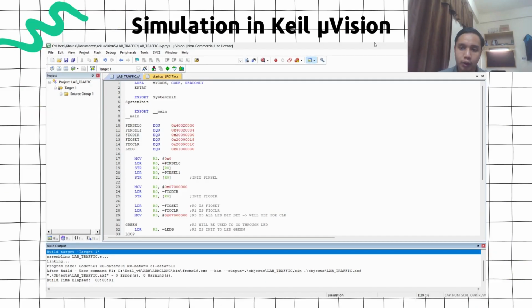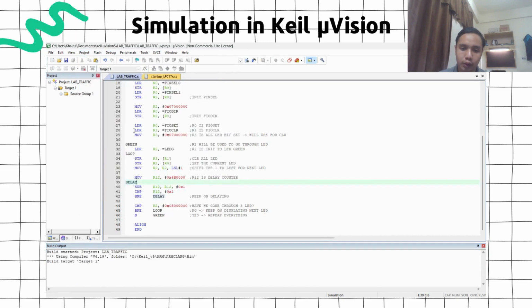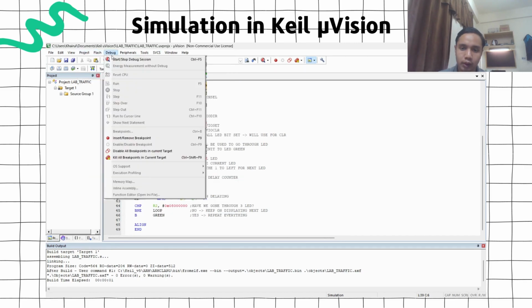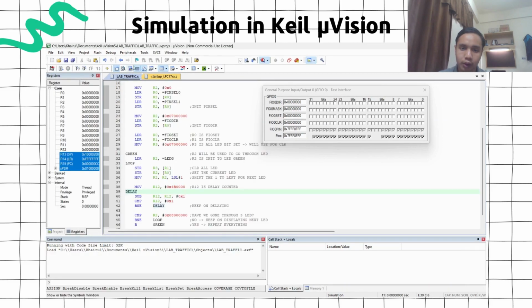My name is Kariko Rizal and I will be doing the simulation in Keil MicroVision. So this is the overview of the program for the traffic light project. So when we build the project, we can see that there is no error happening. Now we can debug the project and we can look at the GPIO interface. When we run the program,